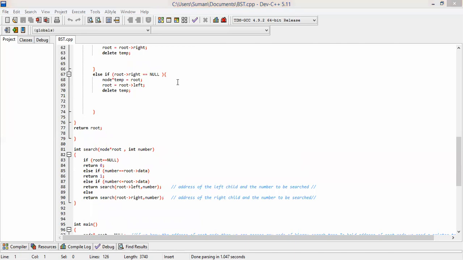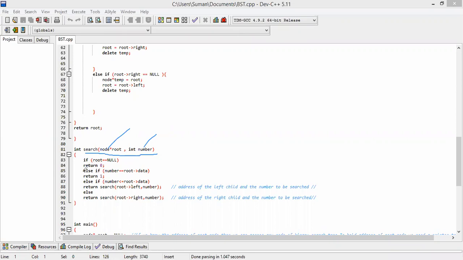This search method will take two inputs: one is the address of the root and the other is the number which we want to search. The first condition it will check is if the root is equal to null, meaning no node is present in the root, nothing is present, so we can say that our tree is empty.